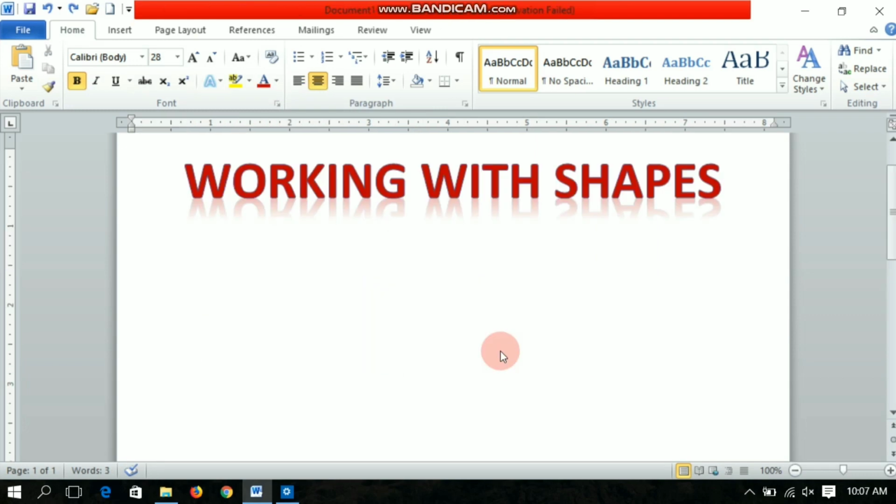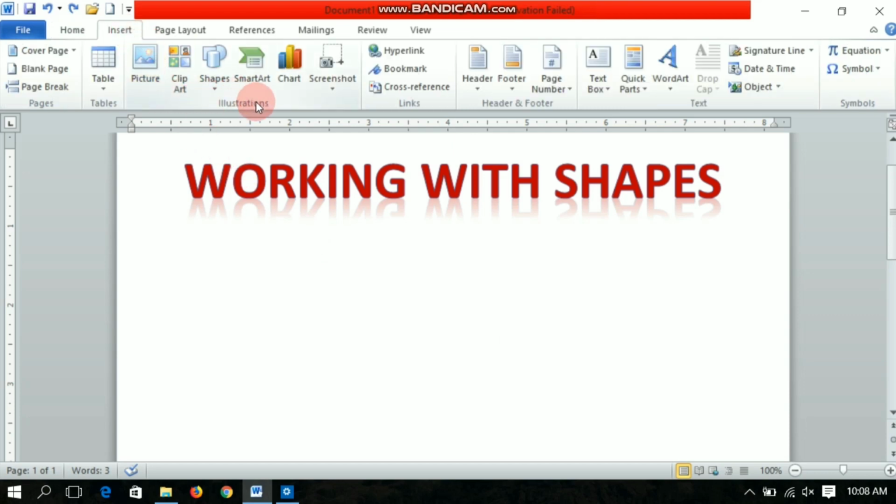Next is working with shapes. If you want to draw any shape like star, banners, callout, circle, triangle, anything, these all you can make in MS Word also. For that, first you need to go to the insert tab. Here in the illustrations group you will find various options like picture, clip art, shapes, smart art, chart and screenshot.